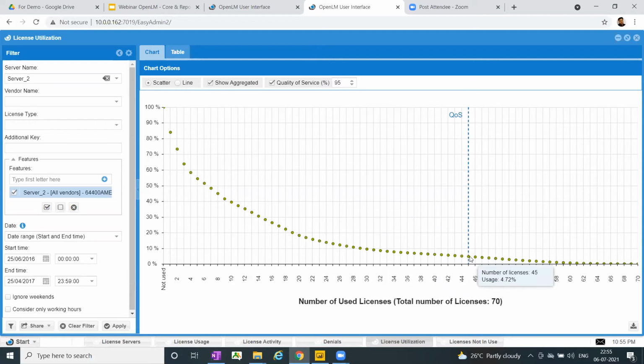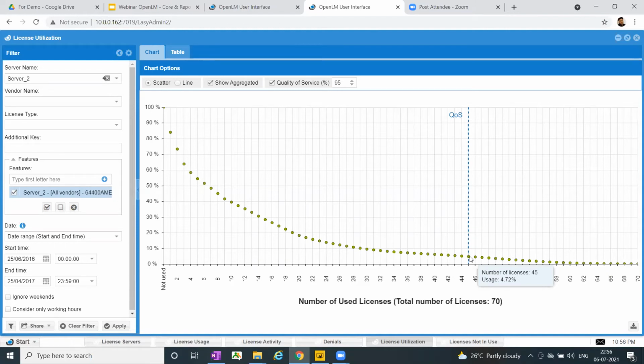So even if I keep 5 or 10 more licenses as a buffer, I can still save at least 15 to 20 licenses. And as we all know, saving even 1 or 2 licenses saves a huge amount of cost. That kind of optimization we can do by simply generating a report in OpenLM.